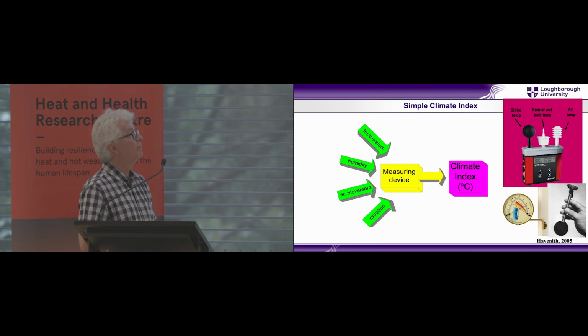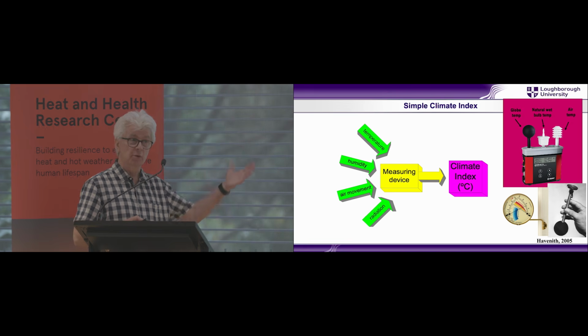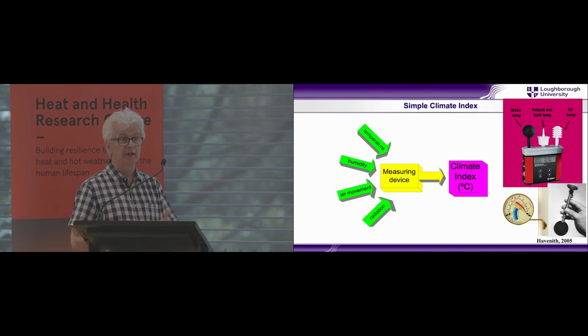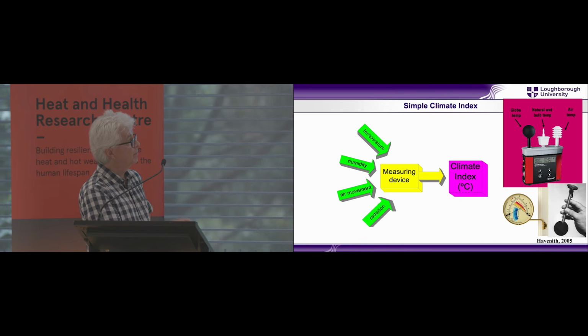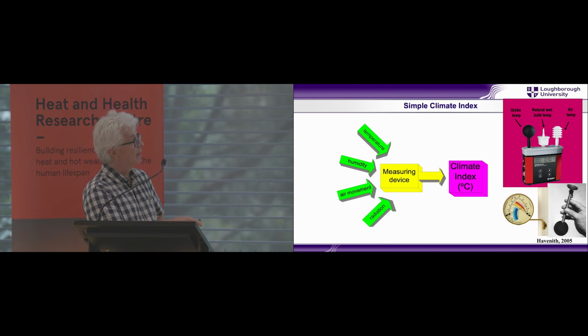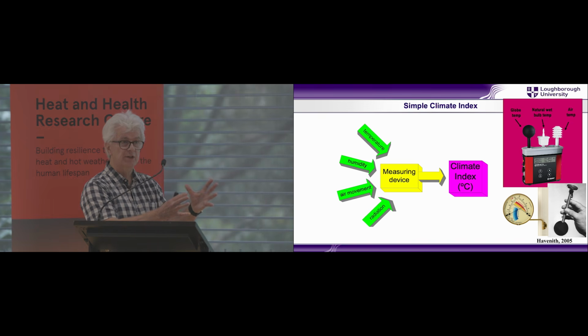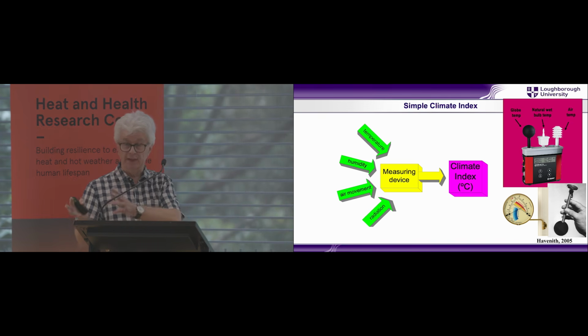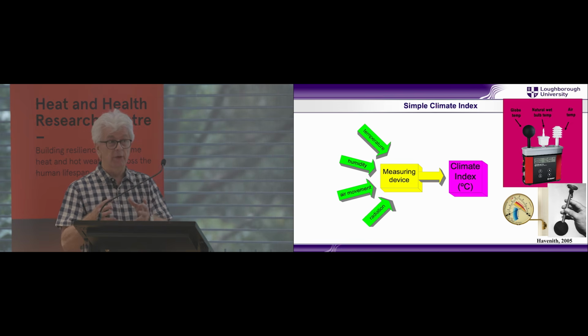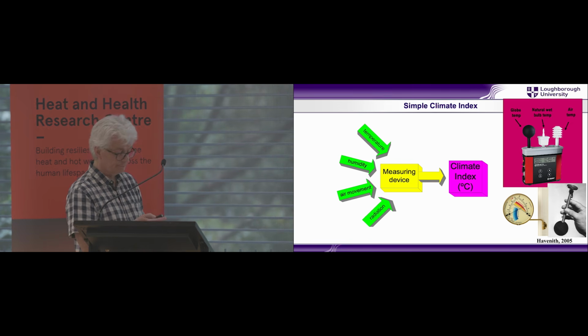And just to jump ahead a bit, one mistake people make, because they don't always have this value, because it's actually a complicated one. It's an easy one to measure with the instrument, but a complicated one to calculate if you don't have the original instrument, is people take other measures instead of this natural wet bulb. For example, the psychrometric wet bulb, which is a similar sensor, but now you have a fan sucking or blowing air over it, so you fix the airspeed. And that means that sensor tells you something about relative humidity, but not about the wind speed that might be cooling you down or heating you up in the location.